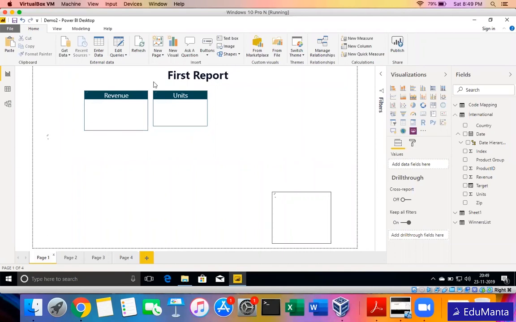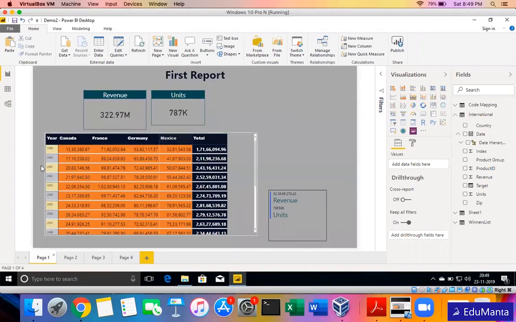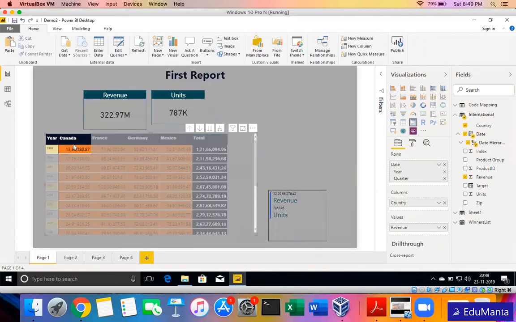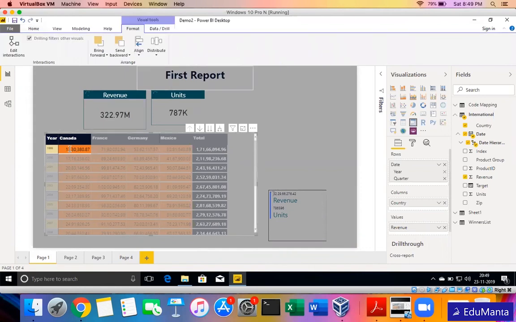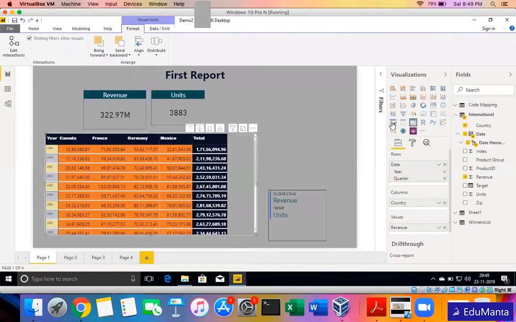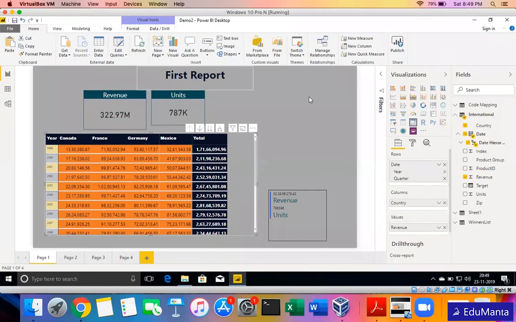Right now we have all this data as static, but we are selecting here, okay, Canada, this is getting filtered and so on. But I don't want it this way. I want a filter option on the page itself where the user can select at runtime. That is where the slicer will come into action. So this slicer we will cover in detail in an upcoming session. For today, this is all I had to explain to you guys. If you have any queries, you can ask me.